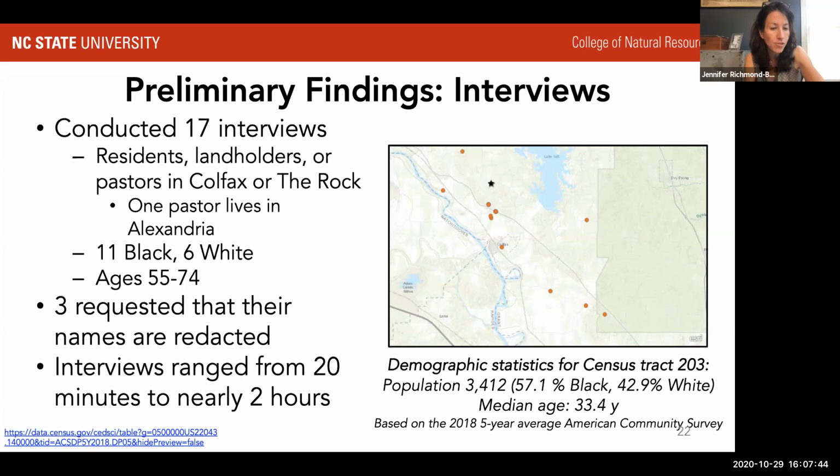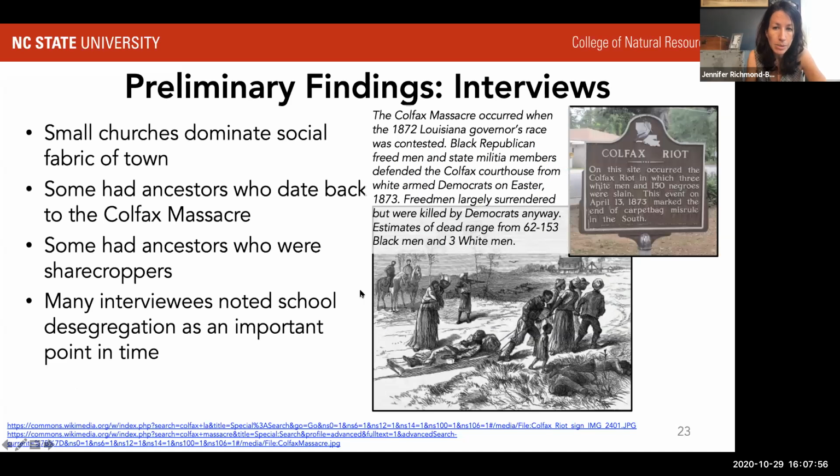Of our participants, 3 requested that their names be redacted, and the interviews ranged in time from 20 minutes to nearly 2 hours. Some of them were really quite interesting to go through. Some preliminary findings, just to give you an idea, are that small churches dominate the social fabric of the town. Some of the people we spoke with had ancestors who date back to the Colfax massacre, which happened in